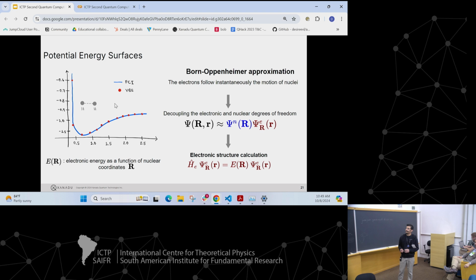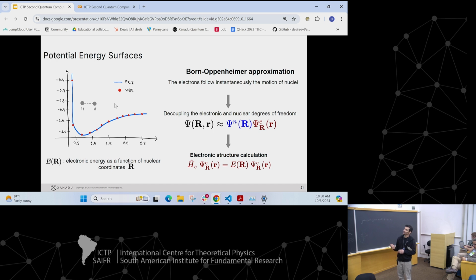The idea is because electrons and nuclei are so different in size and mass, for certain cases, you can completely decouple the degrees of freedom of the nuclei and the electrons in your molecule, treat them as two independent wave functions,